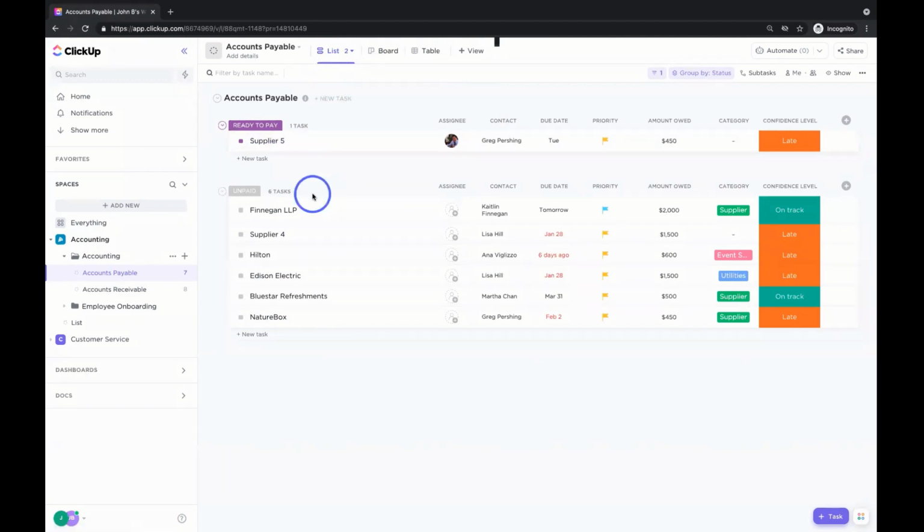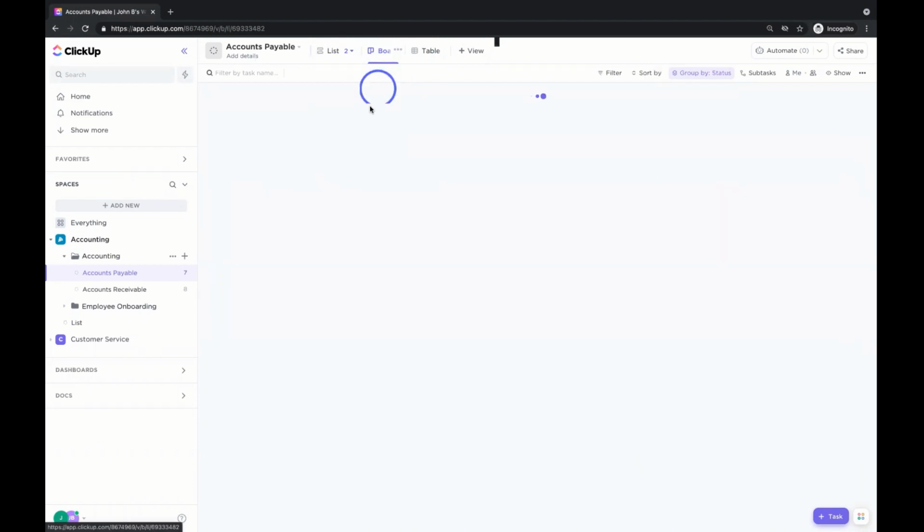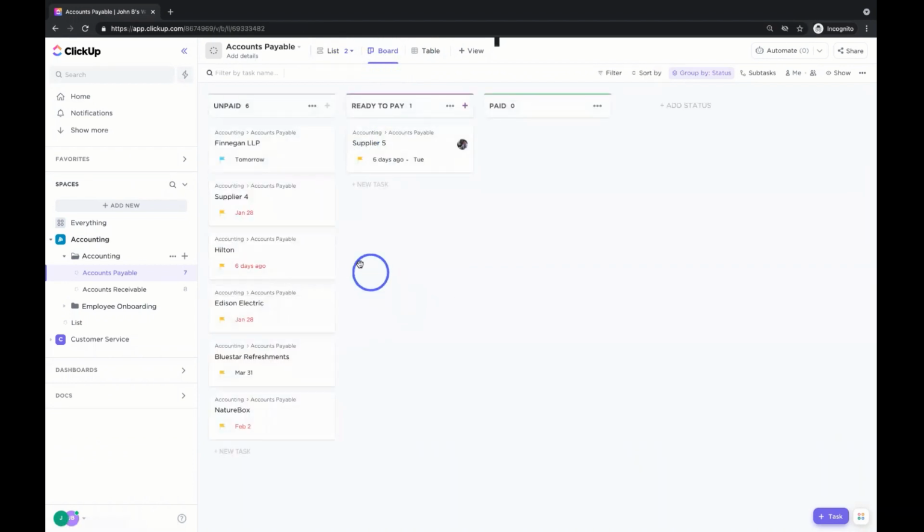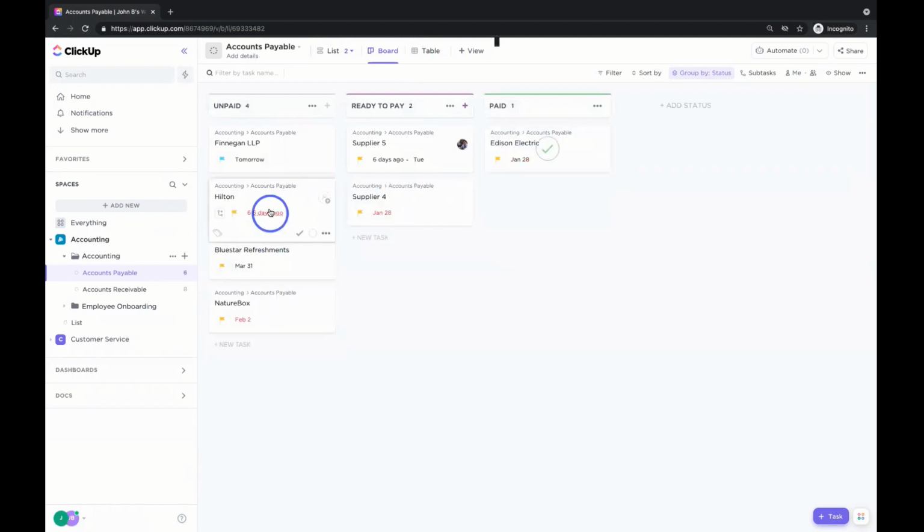And earlier, before we hopped into the application, we talked about the idea that ClickUp wants to be as flexible as possible. We want to meet you where you are. We want to keep you and make you as productive as possible. So one way we do that is by helping you to work the way you want to work. In this case, you might like lists. That's cool. By default, things are going to be in lists. But perhaps you might be a content team and you like to use Kanban. Well, cool. You can take tasks, you can move them to different statuses, just like this. Click and drag.